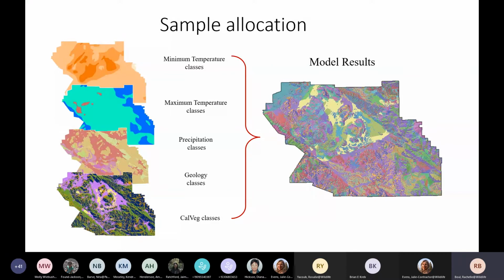So speaking simply, she used GIS layers like these are examples here, like maximum and minimum temperature, precipitation, elevation, geology, or others, to come up with